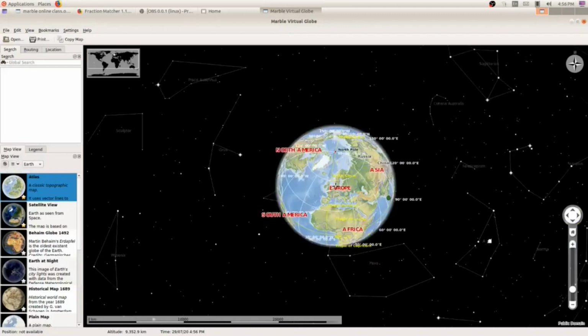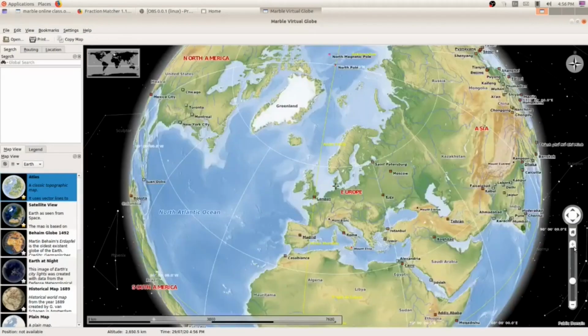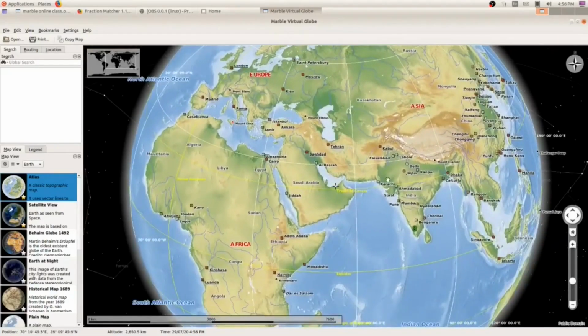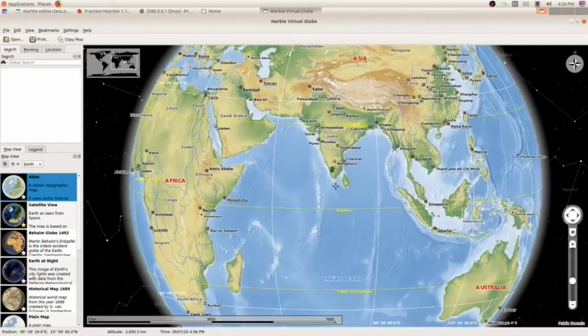If you want to zoom in, at the bottom right corner you can see a plus button, click on that. If you want to move the globe, just click and drag like this. If you want to see India, you can click and drag according to your convenience.